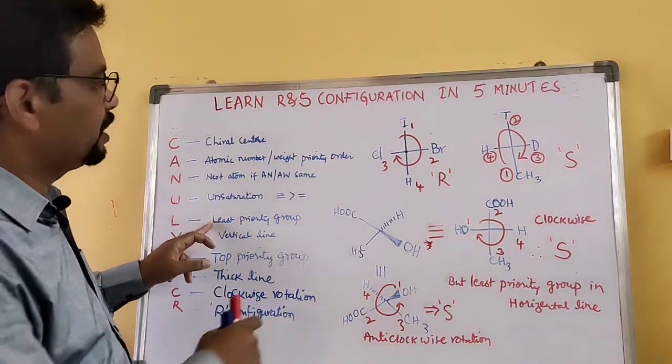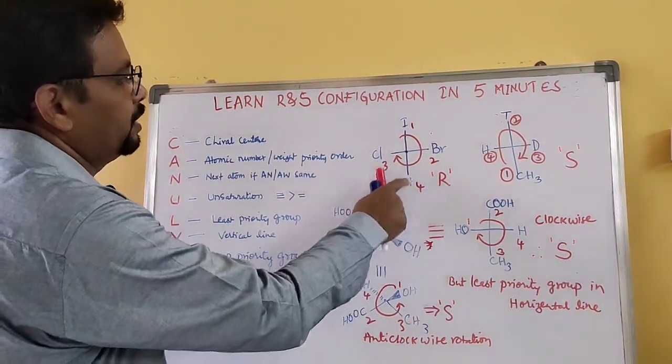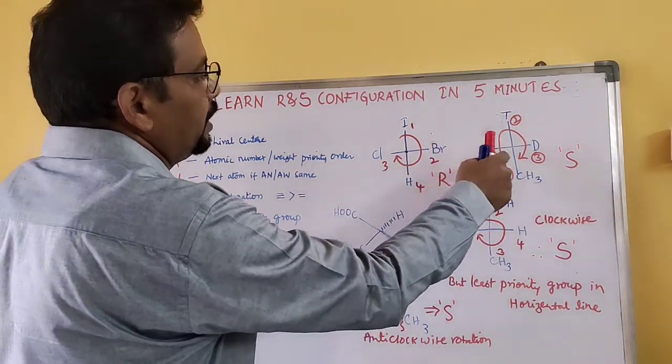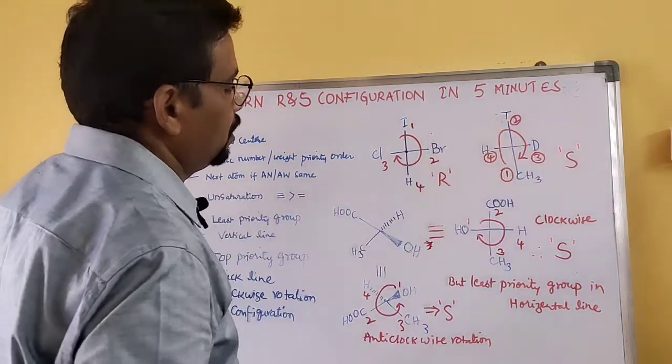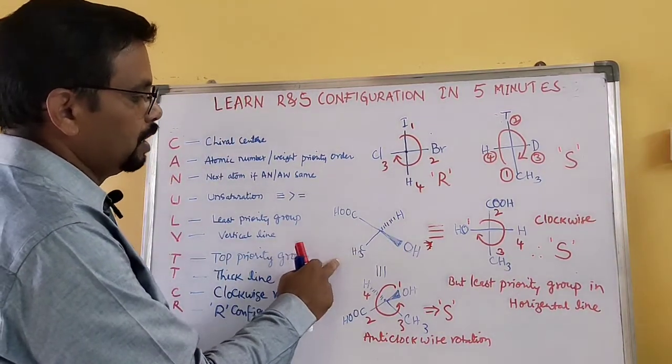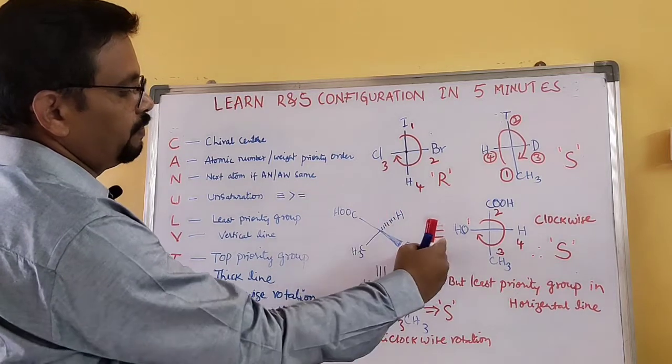Okay, if the least priority group is in the vertical line, clockwise rotation, R configuration. If it is the horizontal line, clockwise rotation, S configuration. So this is another example, lactic acid. If you observe this molecule from this side,